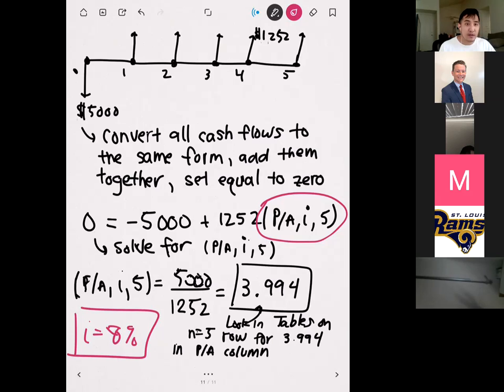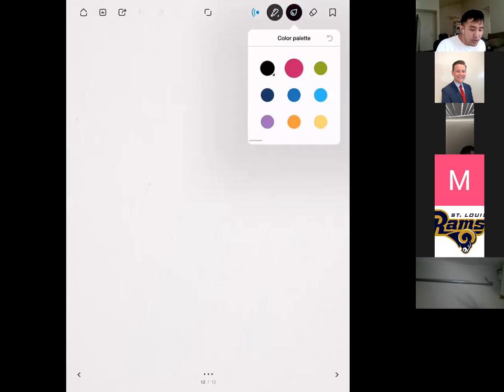So we'll get to that later on in the lecture notes. But yeah, when you get a factor that's in between two tables, then the best way to do that is to interpolate between the two. Okay. And so, that's basically the idea of solving rate of return analysis using the compound interest